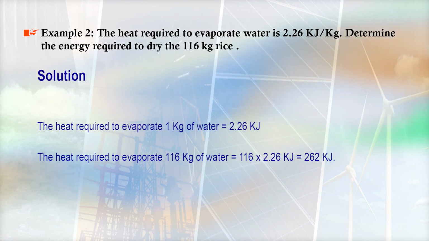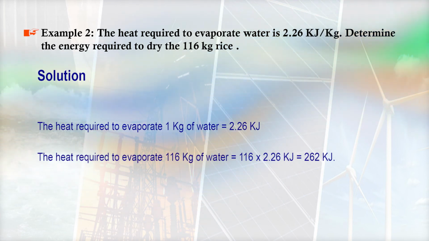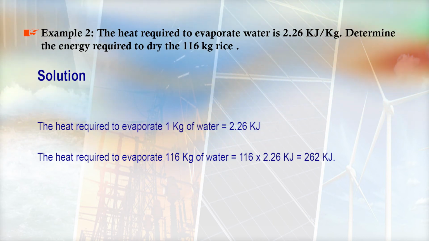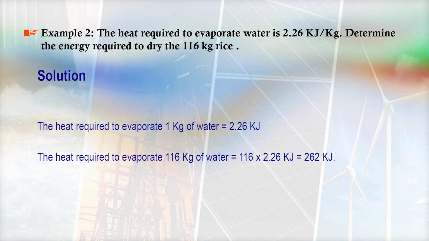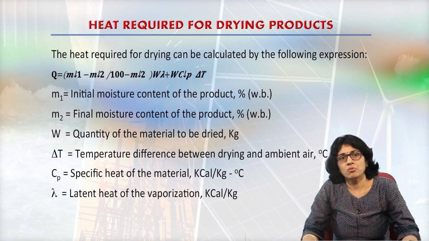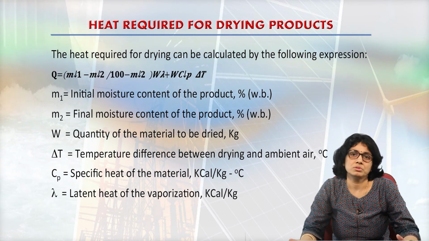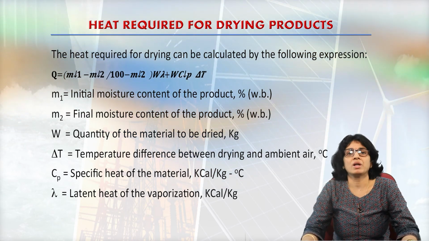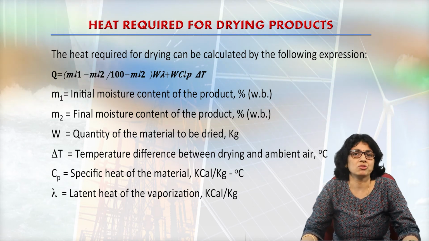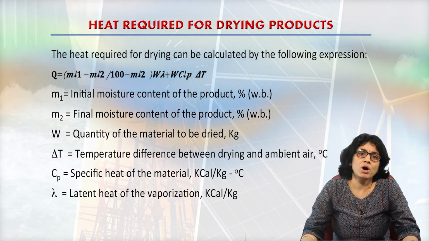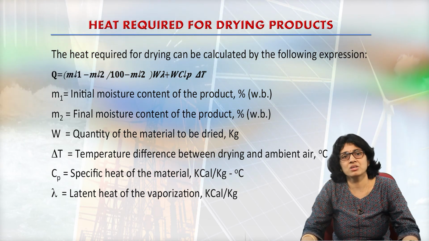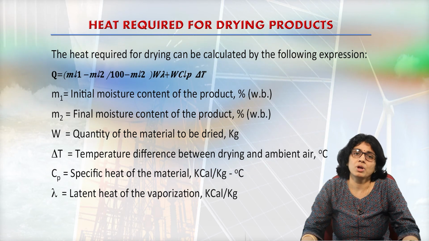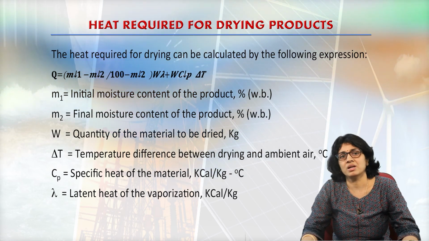First, the heat required to evaporate 1 kg of water requires 2.26 kilojoule energy. Then the heat required to evaporate 116 kg will be 116 into 2.26 kilojoule. The result will be 262 kilojoule. Then what is the heat required for drying products? The heat required for drying products can be calculated by the following expression. Q equals M1 minus M2 divided by 100 minus M2 into W into lambda plus WCp delta T, where